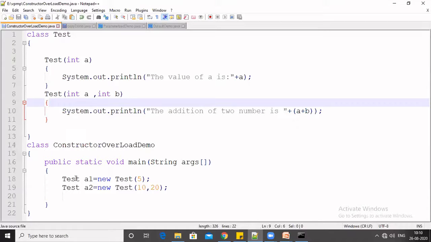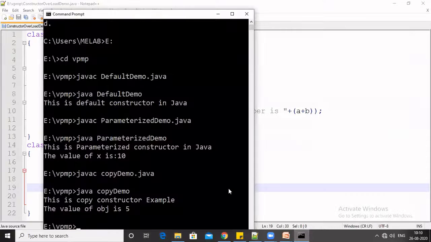When we create the objects, the first object calls the first constructor. Why? Because in the first object we pass only one parameter, while in the second object we have created the object with two parameters, so it calls the second constructor. So this is the example of constructor overloading in Java. Let's see the output of this program.